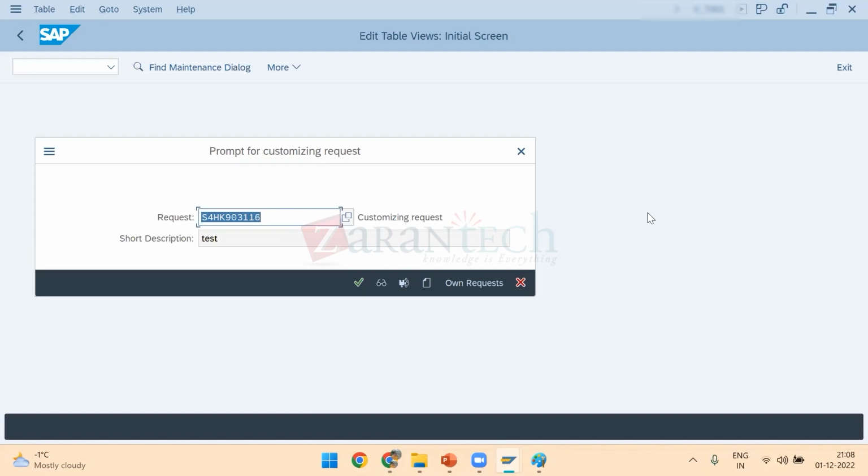So that we don't need to do these settings again and again. Since we are working on the demo system, these transports will not go anywhere. They will stay in the same system. Okay, so I will